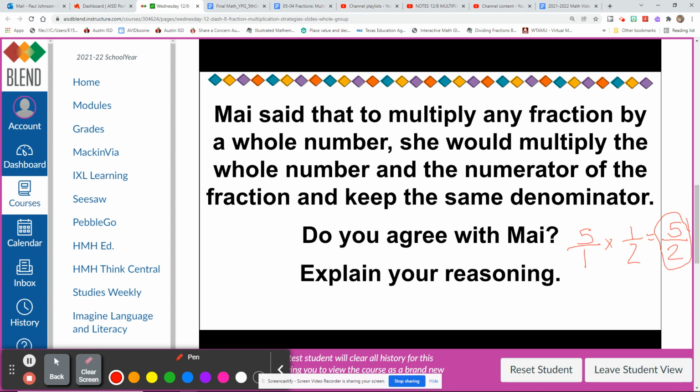She's not doing what we're doing, but she knows math well enough to know that that's going to work. Anytime you're multiplying a whole number times a fraction. Now, if it's a fraction times a fraction, that's not going to work. But a whole number times a fraction, that's a cool trick. All right, and then